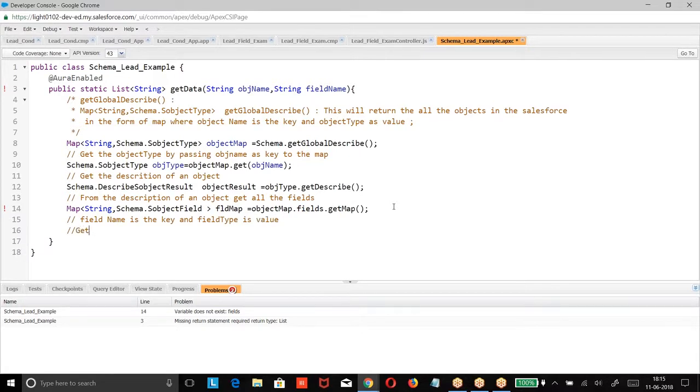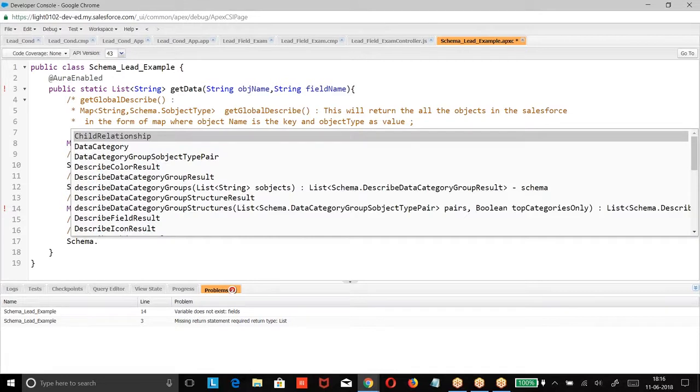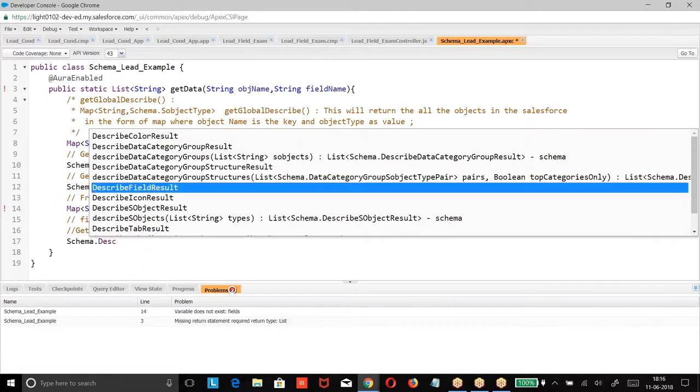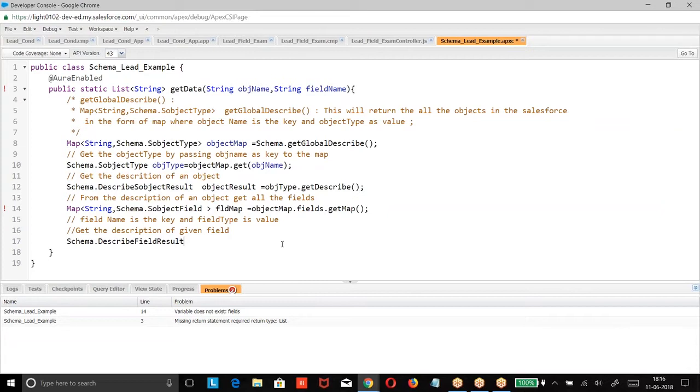Now get the description about a field. Get the description about a given field. Schema dot describe field result, describe field result equal to, what is the name of the map?